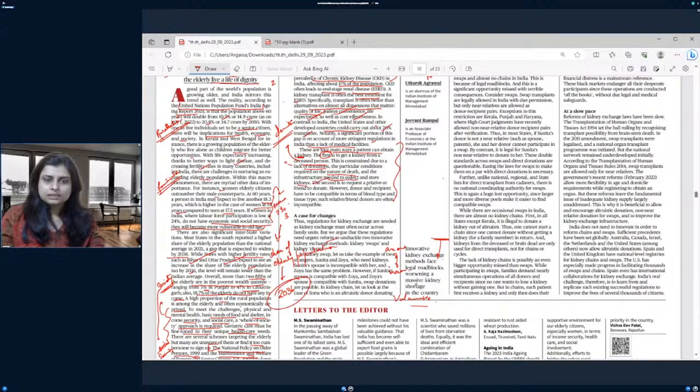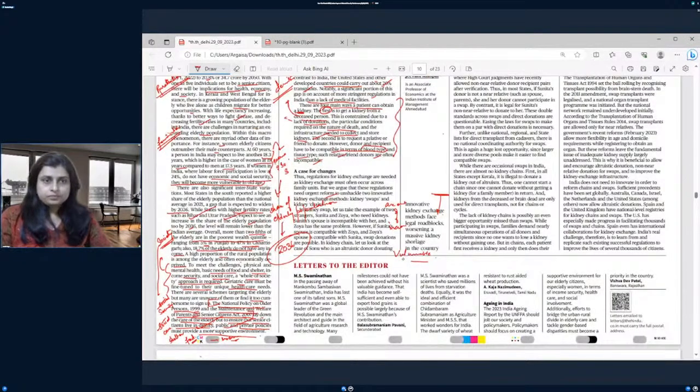The second is to request a relative to donate. However, donor and recipient have to be compatible in terms of blood type and tissue type, and relative donors are often incompatible. Now, what is the case for change? Thus, regulation for kidney exchange is needed, as kidney exchange must often occur across family units. But we argue that these regulations need urgent reform to unshackle two innovative kidney exchange methods, such as kidney swaps